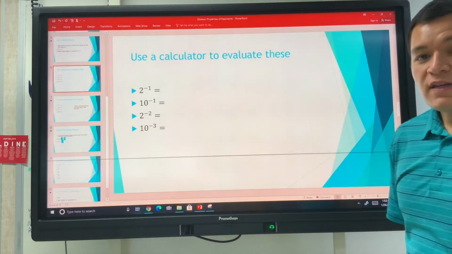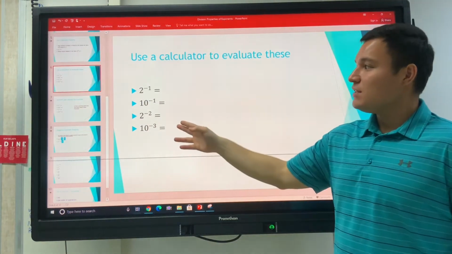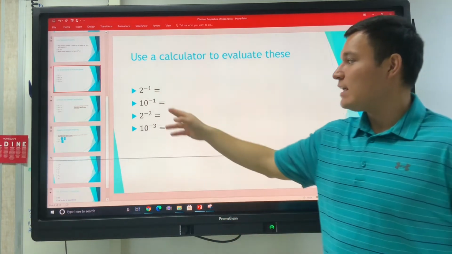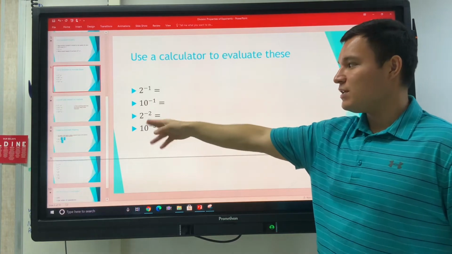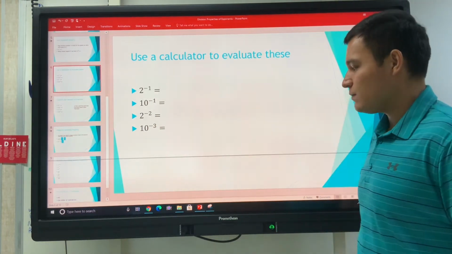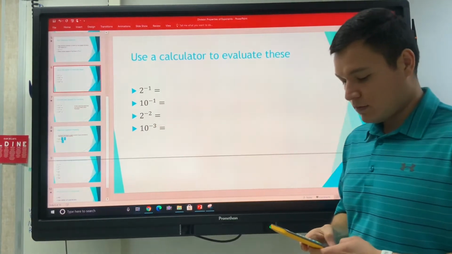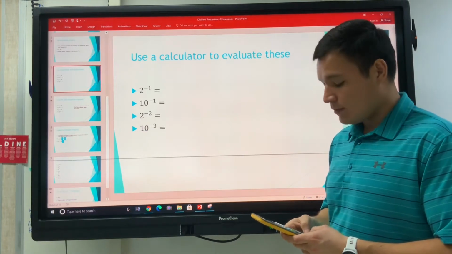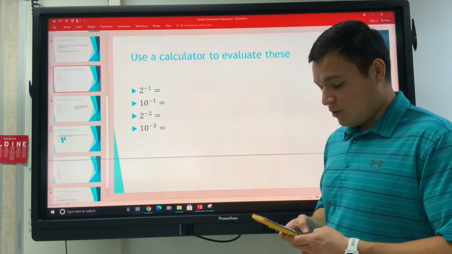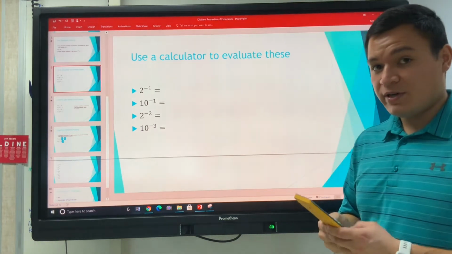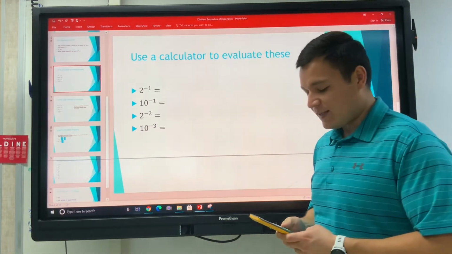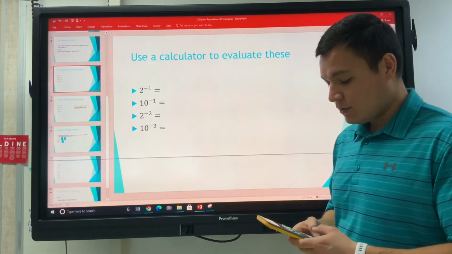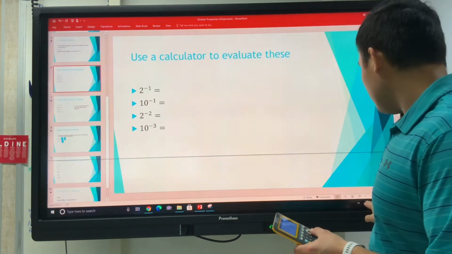I want you to use a calculator and put these numbers in there. 2 to the negative 1 power, 10 to the negative 1 power, 2 to the negative 2, 10 to the negative 3. You better be putting this on your calculator on your own. You need the practice. I can do all this stuff in my head, but I'm doing it for your benefit in the video. And the answers we get are,